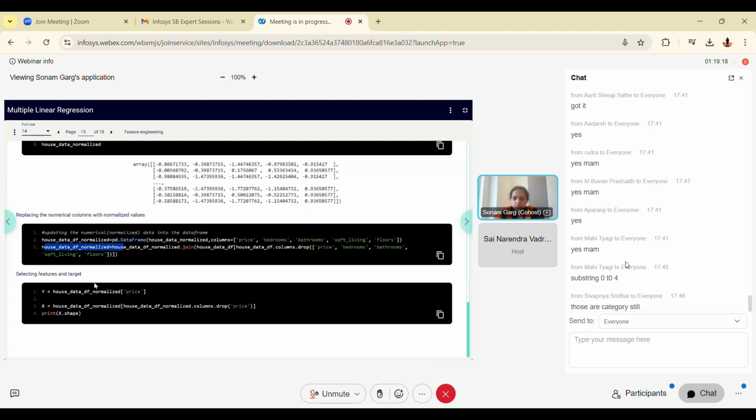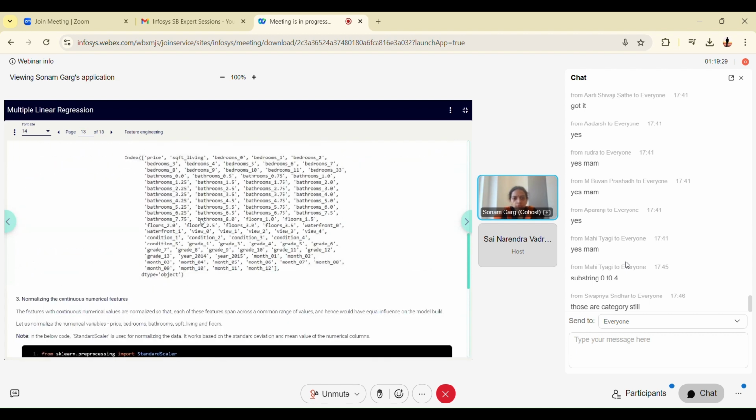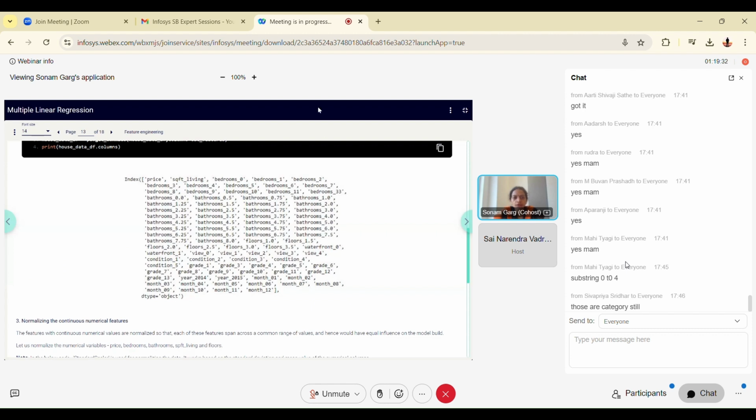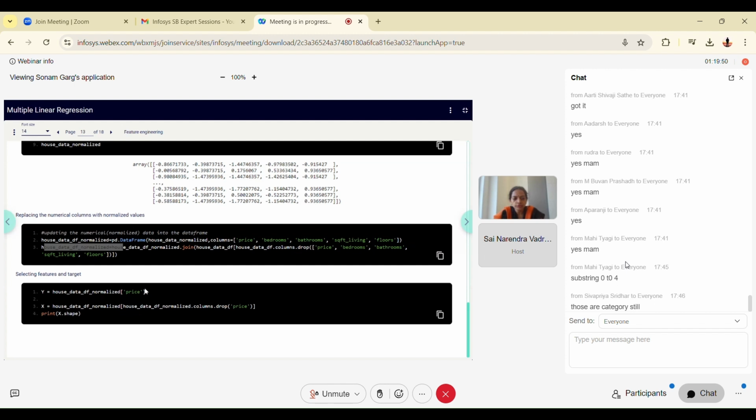Now we have to split between X and Y. So my Y is price, only the price column I want to predict. Remaining columns will become the X values, the remaining predictors. From here to here, this becomes my X. All these are my X values. Now look at the scale, the dimension of this data set. This is only my y, remaining becomes my x. If I go down, y is price and the remaining columns, drop the price column, that becomes your x. Check the shape of it.